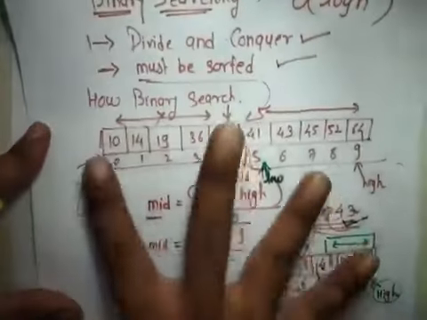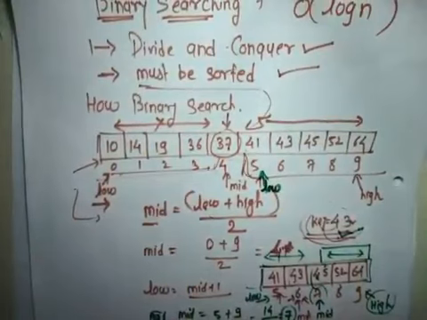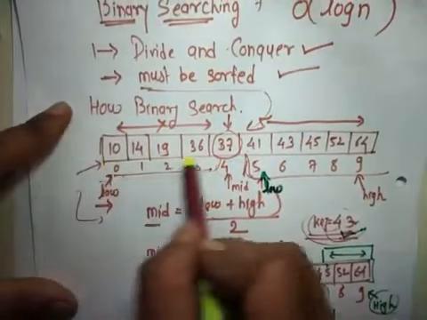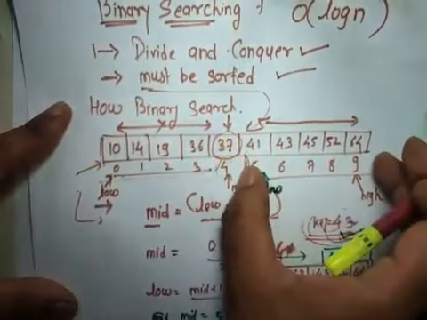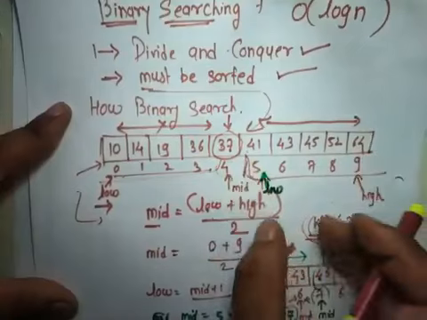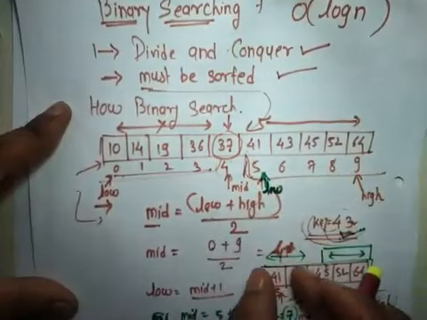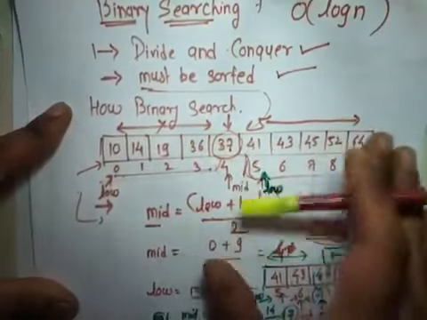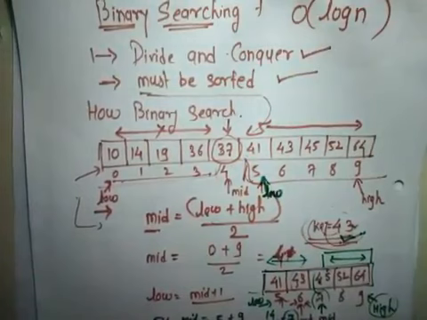Here we have a total number. What is the size of the array? Our array size is 10. But after the first iteration, we are not worrying about half the portion of this array. We are just looking at the other half. Then at the second iteration, again it will be reduced, and the next iteration it will be reduced. So because of that, our time complexity is reduced.